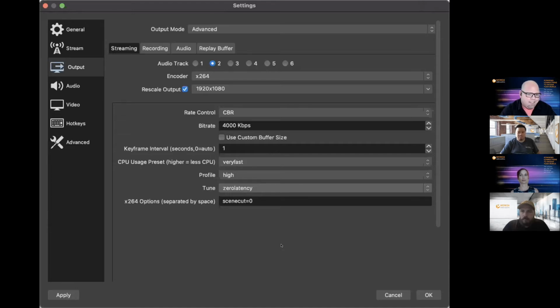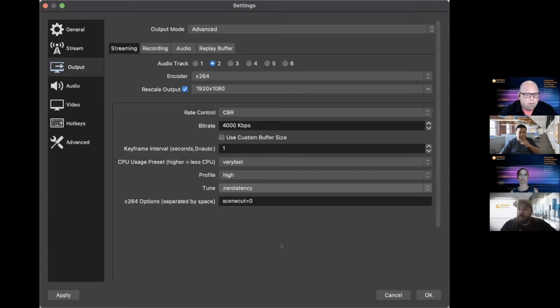Makes sense? Yeah, and that's a fair point too. I will look up the zero latency thing and see if it's a specific x264 option for B-frames. I do apologize, I forgot about the B-frame side. No, you're good.